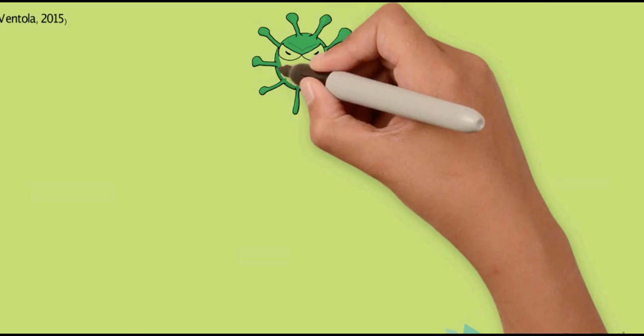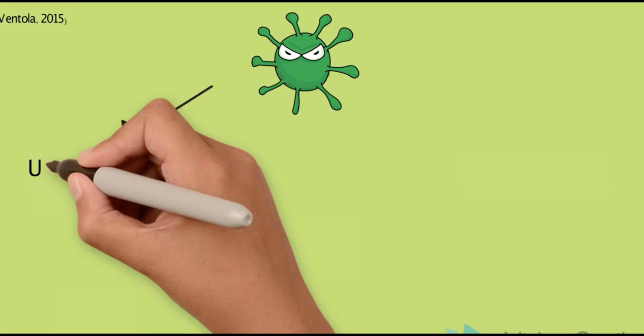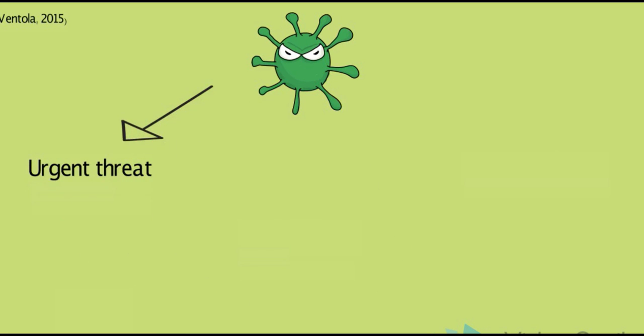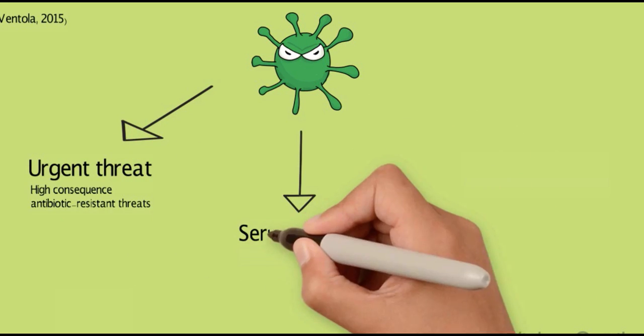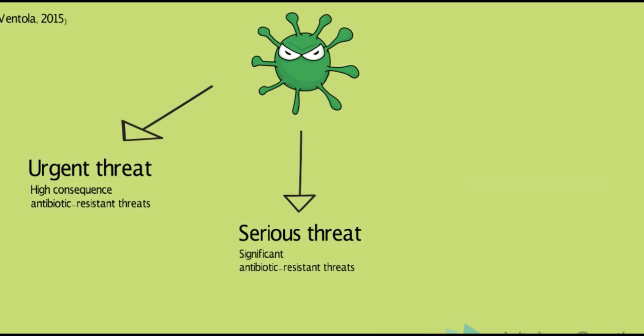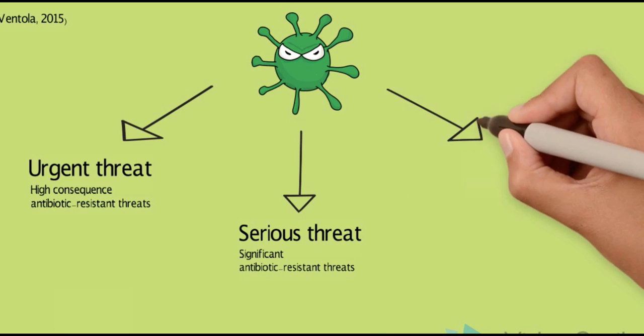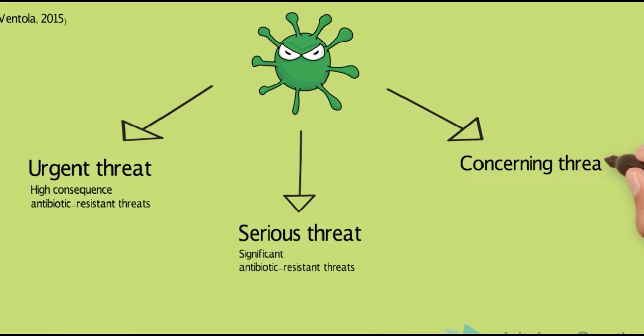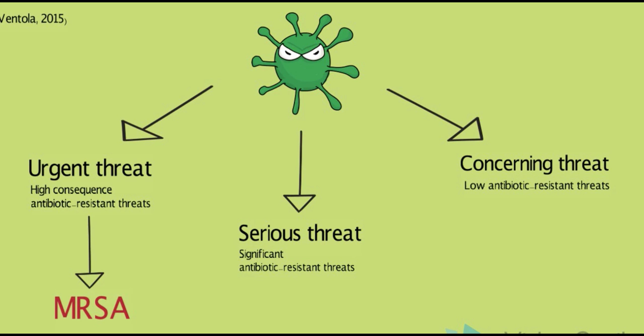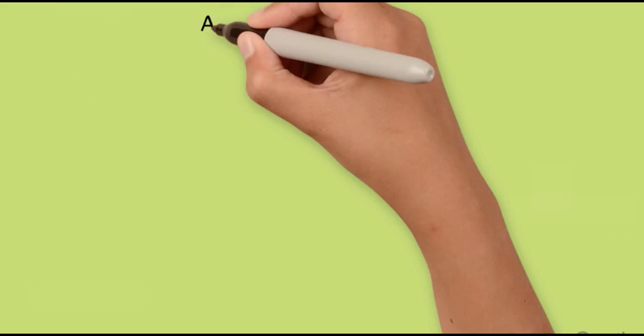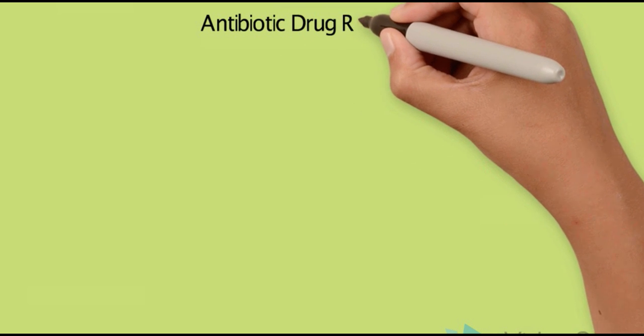Drug-resistant bacteria are typically classified into either of three threat levels: urgent, serious, and concerning. Urgent threats demand immediate attention to help stabilize the patient and limit transmission, and serious threats, for example MRSA, can become urgent without monitoring and prevention strategies. Researchers are having difficulty developing drugs to keep up with the rise of drug-resistant bacteria.